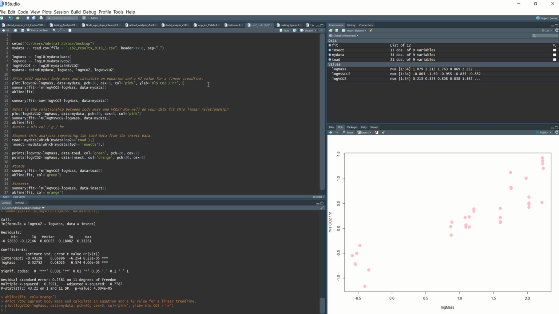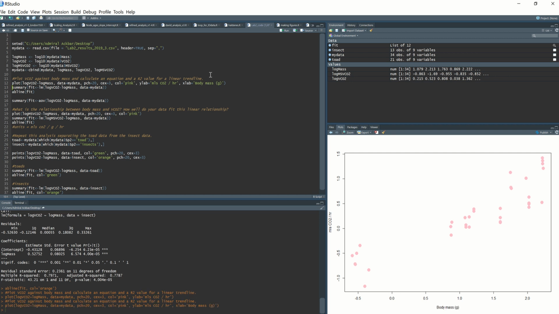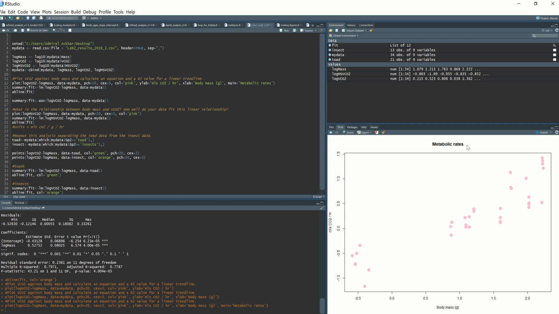The x label is going to be xlab equals body mass in grams. And so that looks nice now. And we could give it a main, which is going to be metabolic rates. And we get a little title for the top